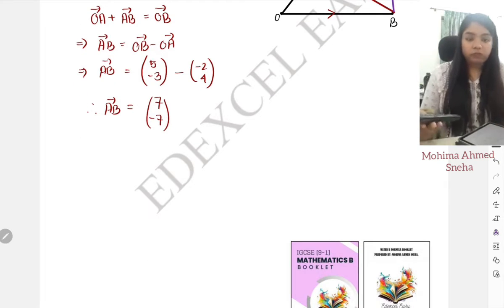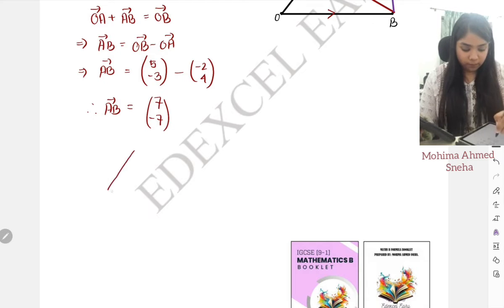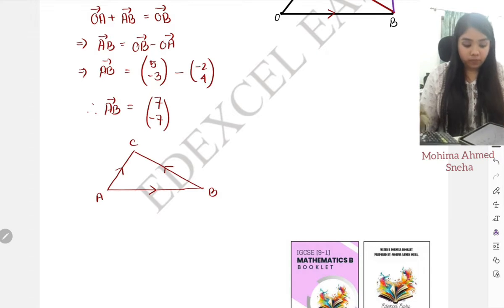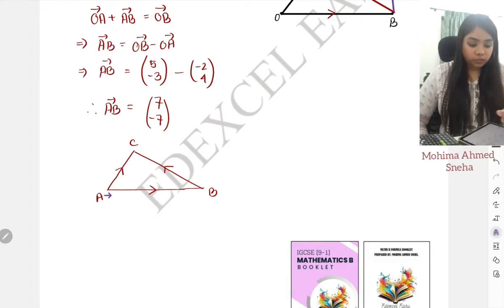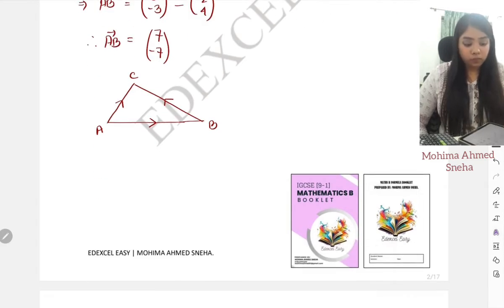Again I'll draw a very simple triangle over here. This is A, B, and C. Now you have AB, AC, and you're trying to find out BC. Over here, you can clearly understand that your arrow or vector is starting from point A, moving to point B, and from B to C. That means AB, BC are in the same direction, whereas AC is in the opposite direction. So we can just write an equation for this as AB plus BC is equal to AC,